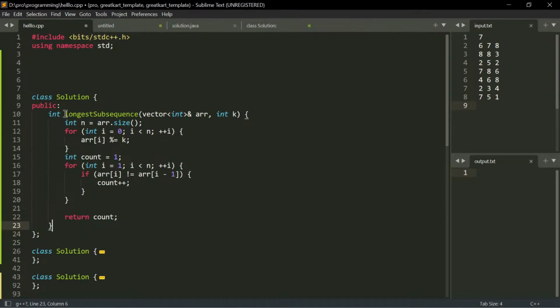So this is the method that you need to complete. Take the size of the array, then update all the elements by arr[i] mod k. That is, take mod with k for all the elements. Then initialize the answer with 0,